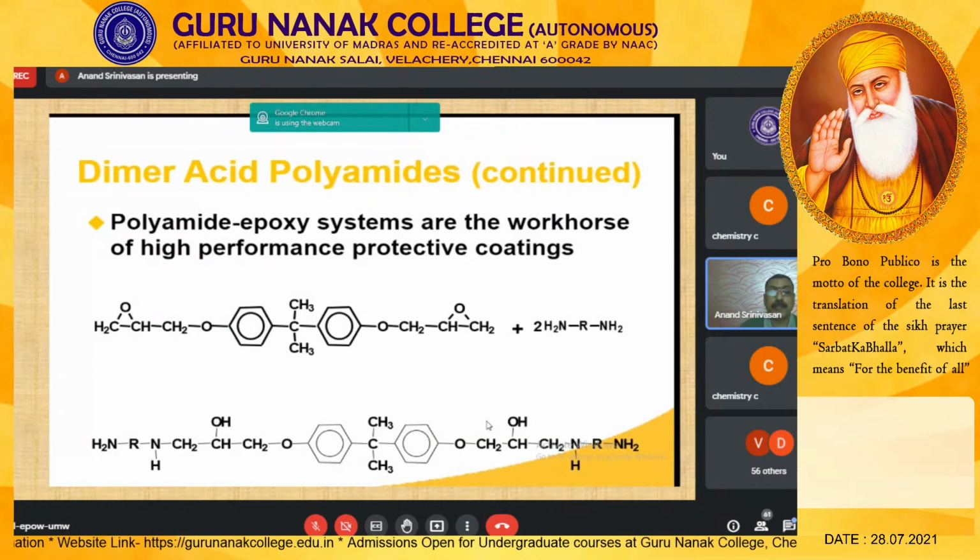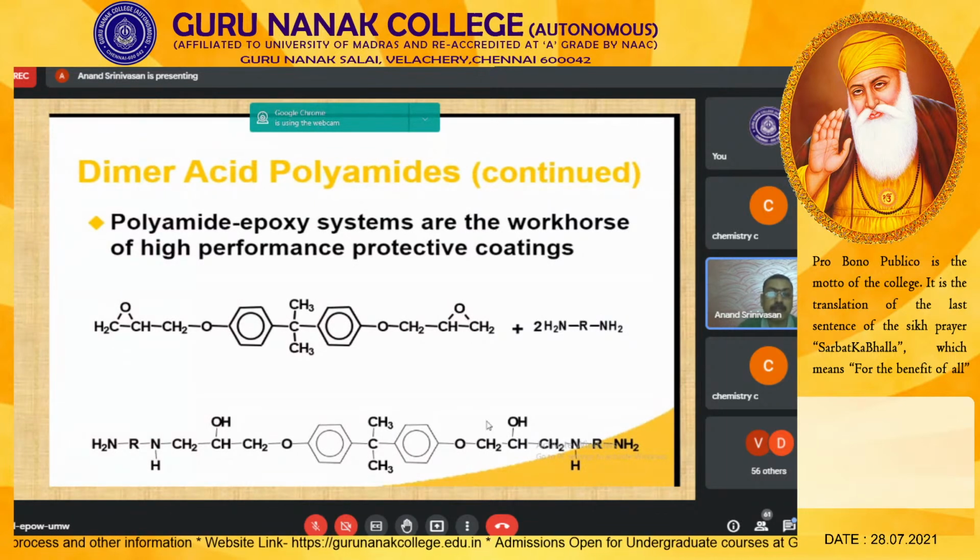And polyamide epoxy. So epoxy is another fascinating material which finds application in encapsulant, which find application as a protective coating. It is also used as a matrix material for the fabrication of composites. They are all used for self-healing composite as well, and various applications of epoxy resin are witnessed.